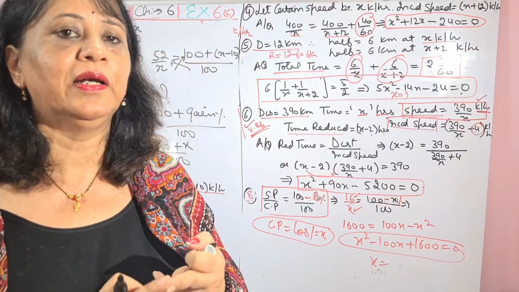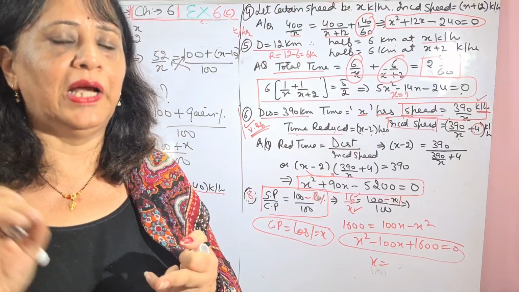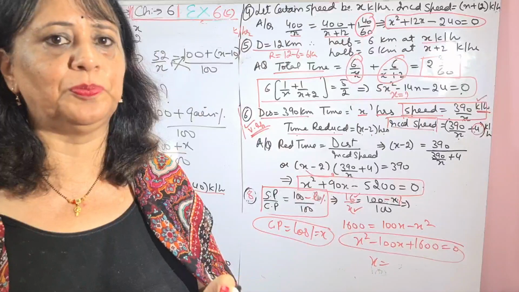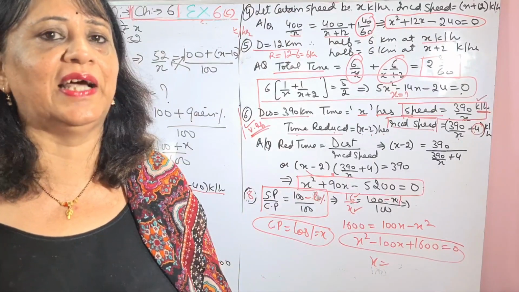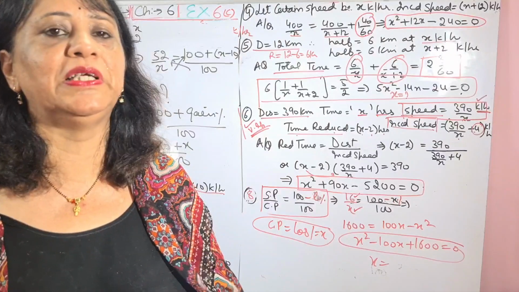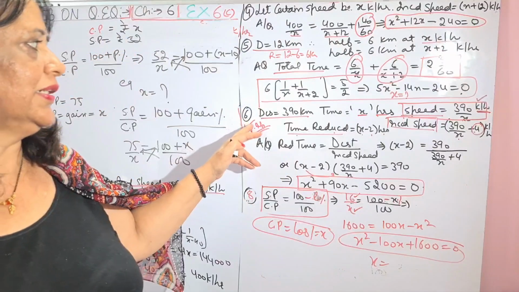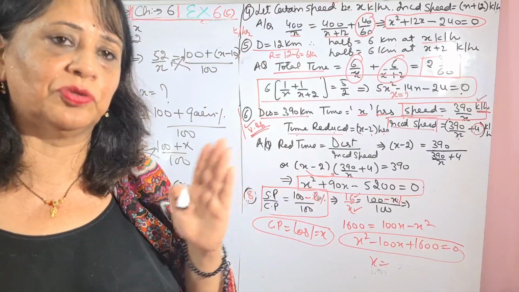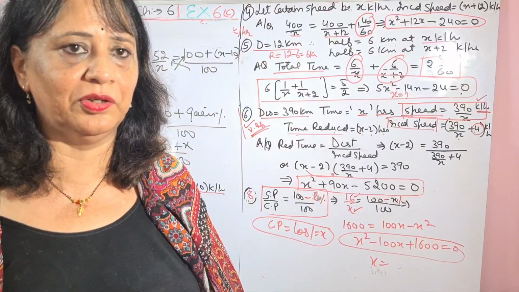Again, I am repeating, a simple key for these sums. Don't get lost in the language. You just see how much time is there, and wherever the speed in the denominator is more, you please add the time on that side. If it is in minutes, you please divide by 60 to get it in hours. Only one question, that is sum 6, is a little different, which I made you understand because in the question they have given that time is equal to x hours. I hope I am very clear to you.